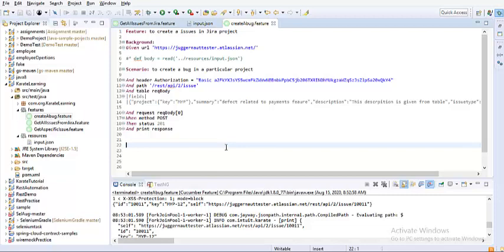So we have a lot more to discuss, because we can call one feature file from another feature file, and we can also see the parallel execution, and we can also see the data driven execution, and we can write some JavaScript functions. So we have a whole lot to discuss, guys. So that's it for this video.